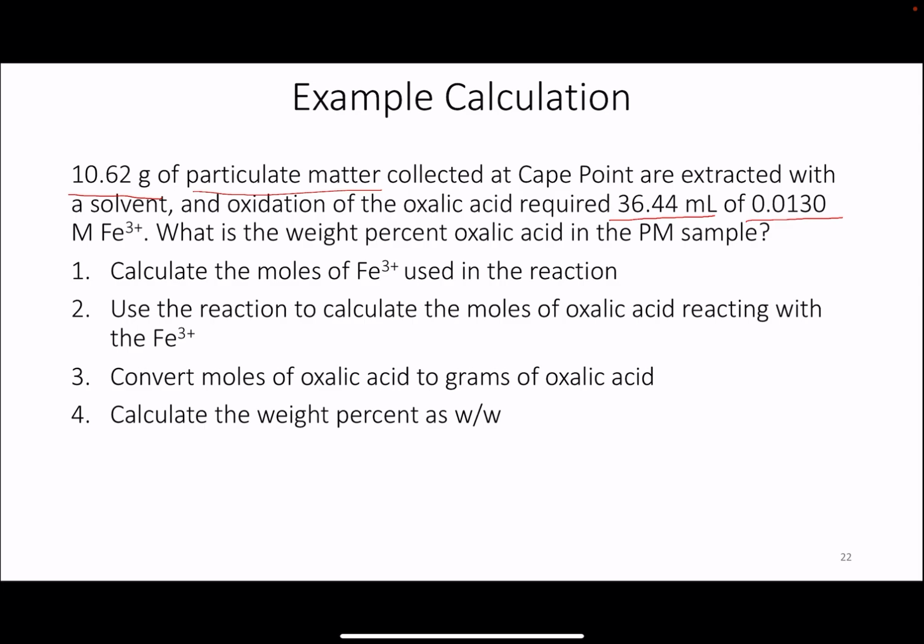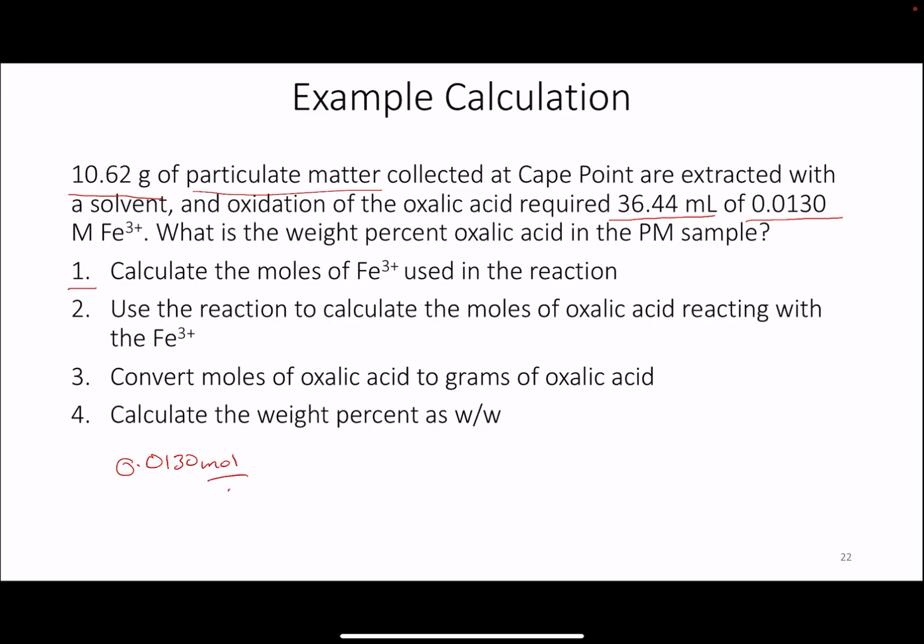So based on knowing how much iron it took to oxidize the oxalic acid, you can calculate how much oxalic acid is in your sample. The first thing you want to do is calculate the moles of iron 3 plus used in the reaction. You're given the moles per liter, but you need to know the actual moles. So you would start with